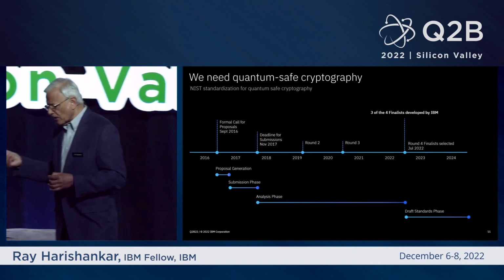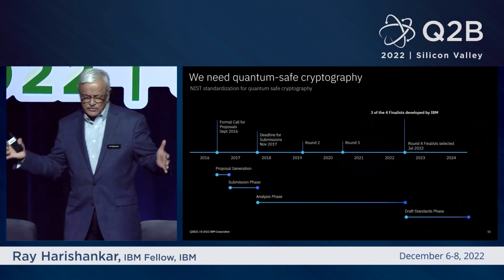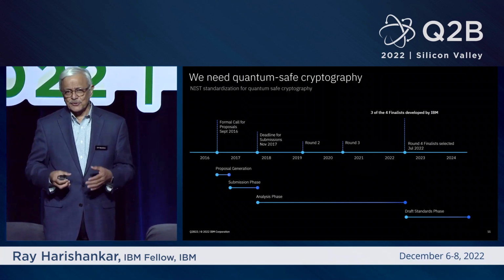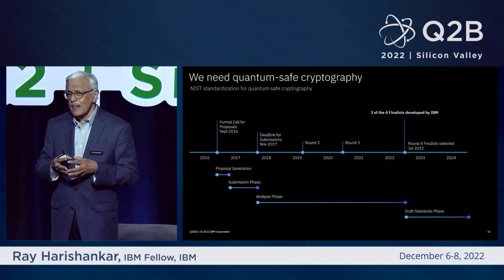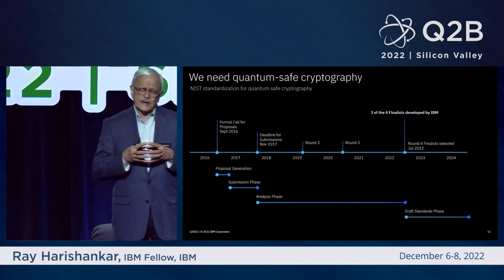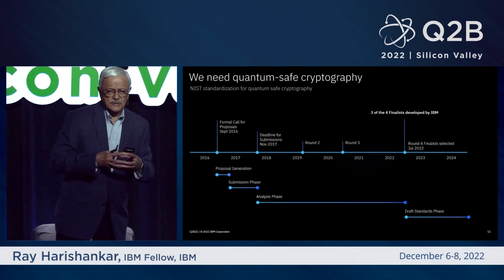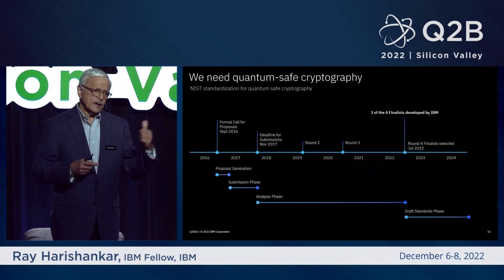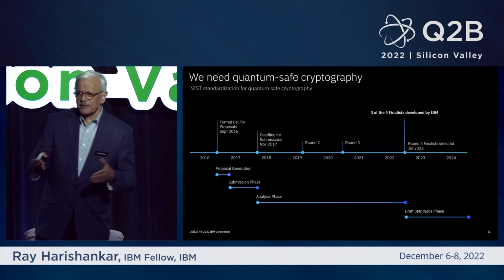So what have we done about it? Do we have a solution to this, right? Now, I've scared the heck out of you with all of this, but now I'm trying to turn around and probably reassure you that, well, NIST was working on this since 2016. They put out a competition to ask for algorithms that are quantum safe, that cannot be broken by classical as well as quantum computers. And so there were 80-plus submissions.